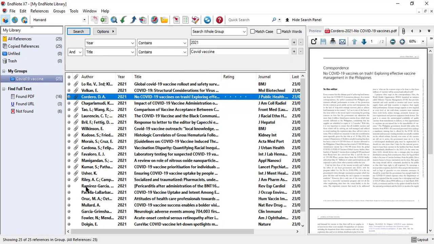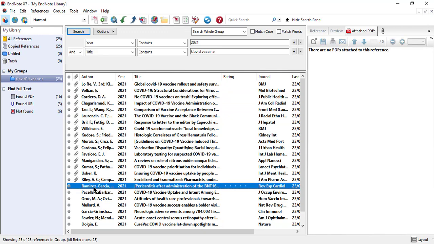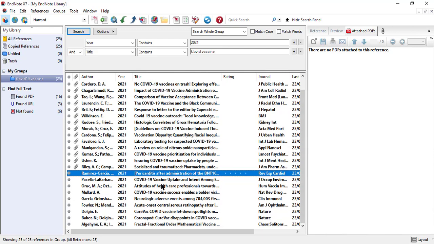Now I will click on the 11th article which is not having the PDF. Let's click. See, there is no PDF. So if these articles have no PDF, we will try searching these articles in Google Scholar, and we can add these articles' PDF files in our library also. I will show in the next video how to get the PDF attached from Google Scholar or Google, for the articles for which we don't get a PDF here in EndNote. I will show those steps in the next video.